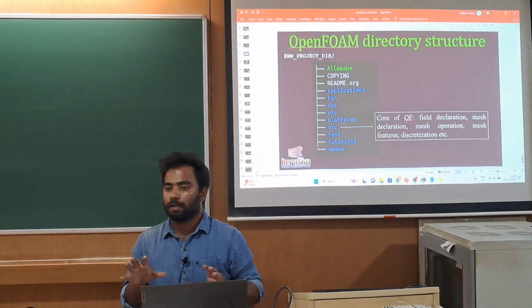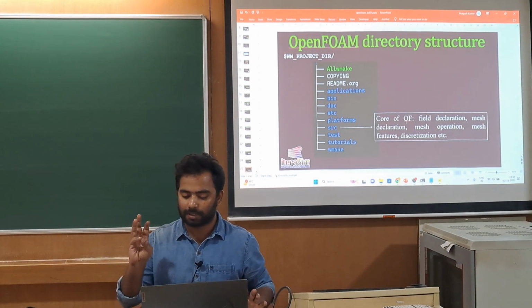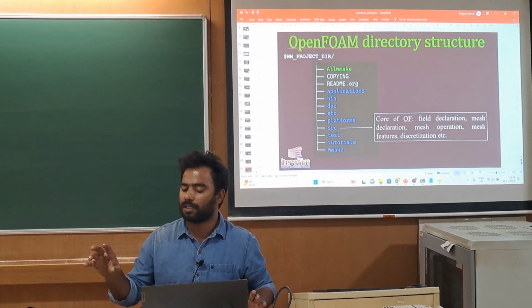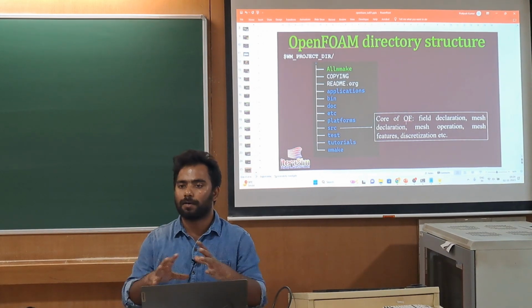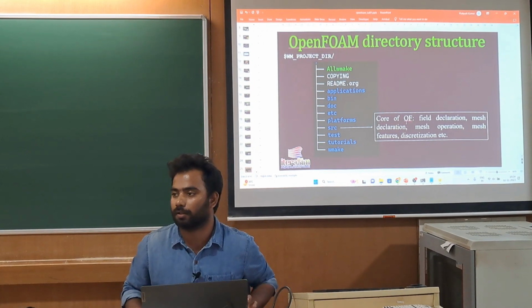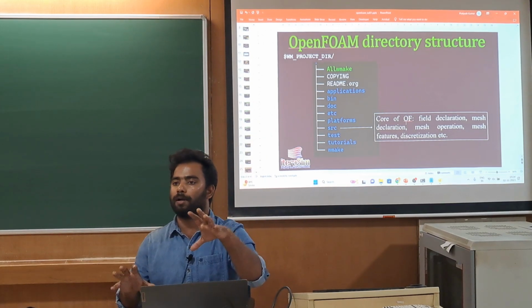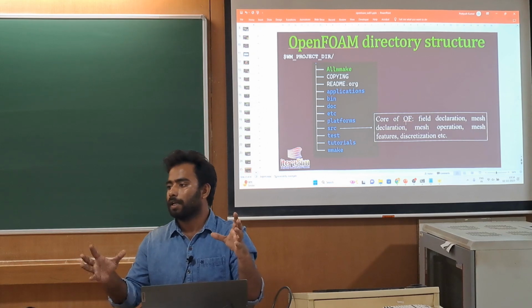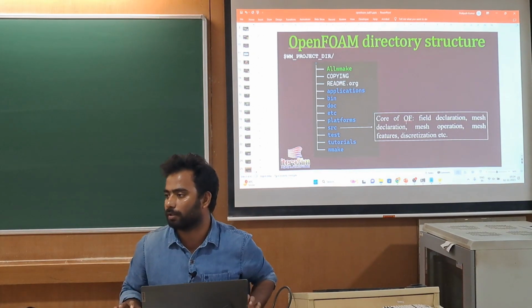SRC is, apart from the solver utilities, whatever the discretization, mesh features, mesh operation, field operation, declaration of field, whatever you do is in the SRC folder. Suppose you are doing a specific problem, like you want to develop a porous model. Then you don't need to create a solver, you need to touch this SRC folder.